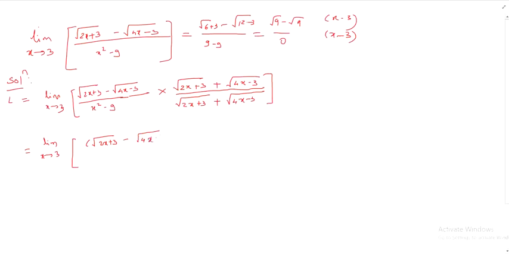Minus 4x minus 3 into another bracket, 2x plus 3 plus root 4x minus 3 upon, is equal to